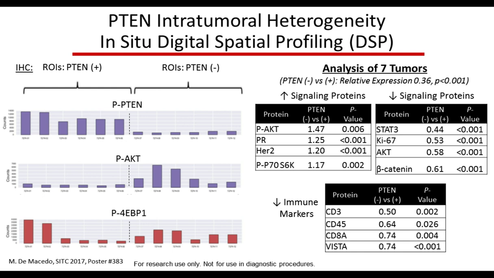And as Joe explained, we could also look at immune markers. Similar to what we had seen in our immunohistochemistry studies, we saw downregulation of CD3, CD45, and CD8 in the PTEN null regions of the tumor, but also other interesting markers we hadn't looked at before, such as VISTA. So looking at individual heterogeneous tumors with different molecular phenotypes, this is a nice proof of principle study of the capabilities of the digital spatial profiling